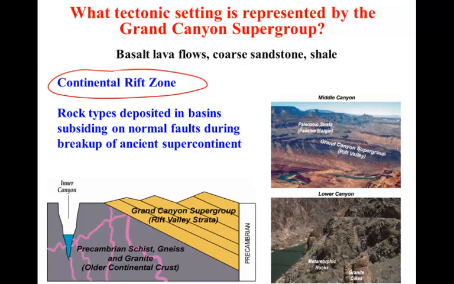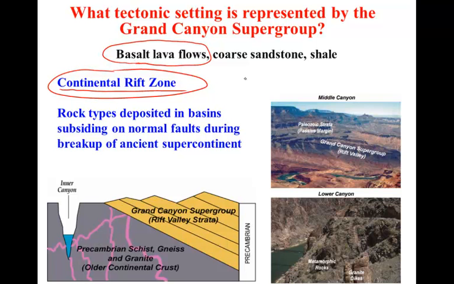Ancient North America collides with another continent during the time that the Vishnu schist and Zoraster granite were formed. A mountain range results. That mountain range gradually erodes, and eventually the continent breaks apart again, by the process of continental rifting. When that occurs, we have low silica magmas being formed by decompression, erupting on the surface as basalt, and then